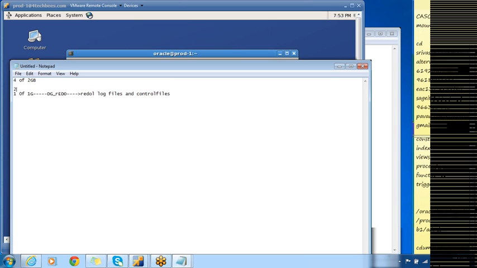Out of the 4 disks, 2 of 2 GB I'll be using to create a disk group called DG_DATA, and I'll be storing the data files. The next 2 of 2 GB, I'll be using to create the disk group with the name DG_ARCH, and I'll be using it for the archive log destination.